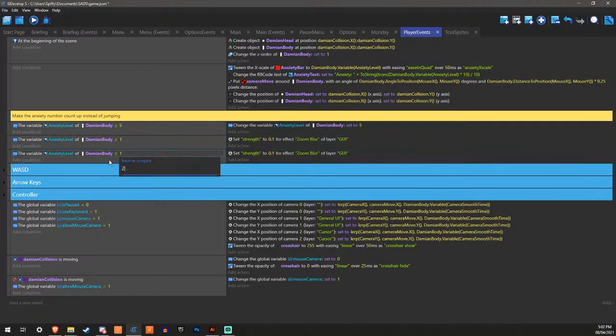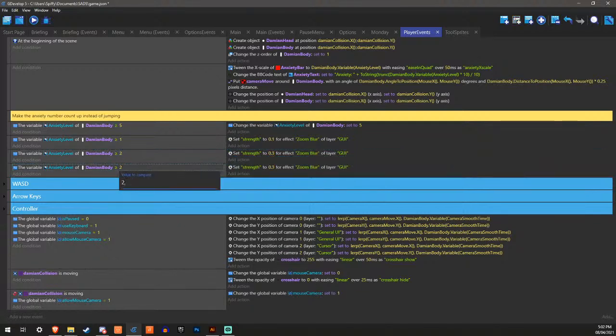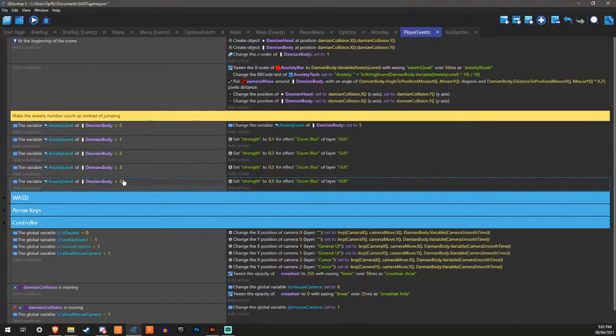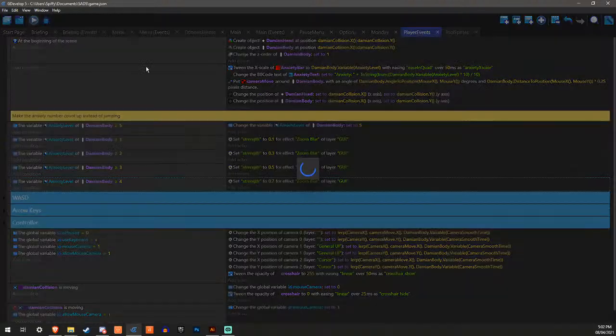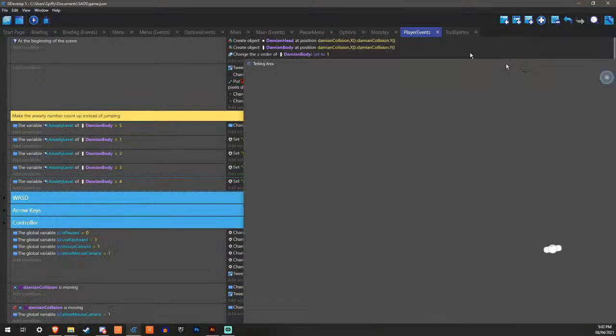We'll probably get away with just doing the strength. Let's see. Okay, cool. So that's already getting too blurry.